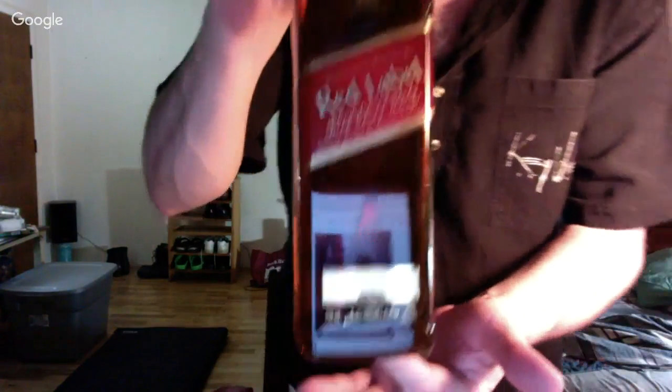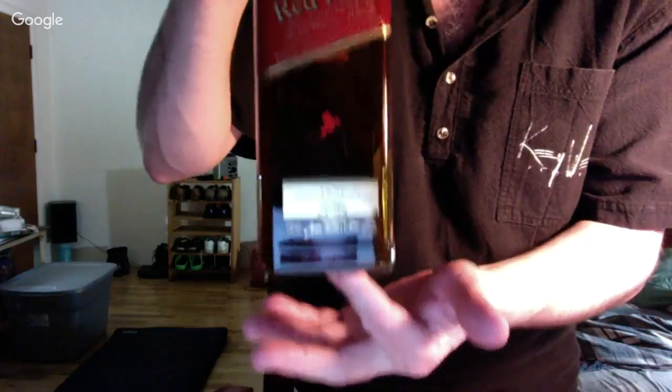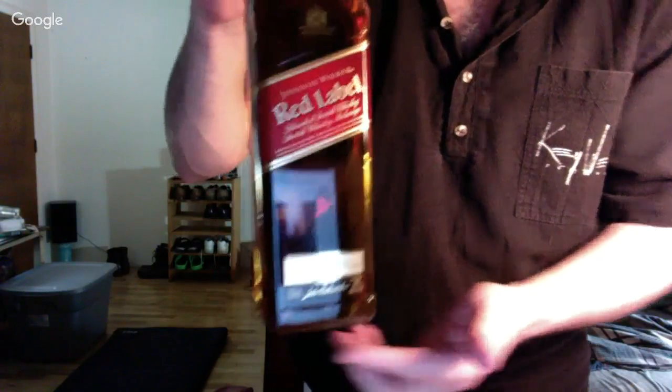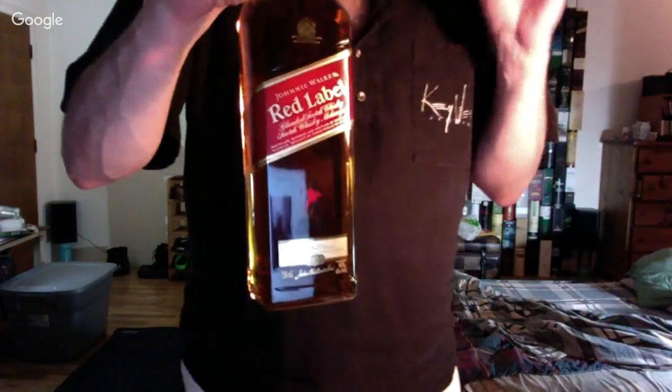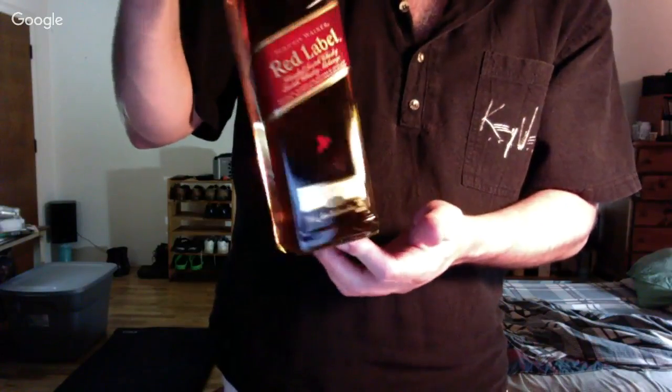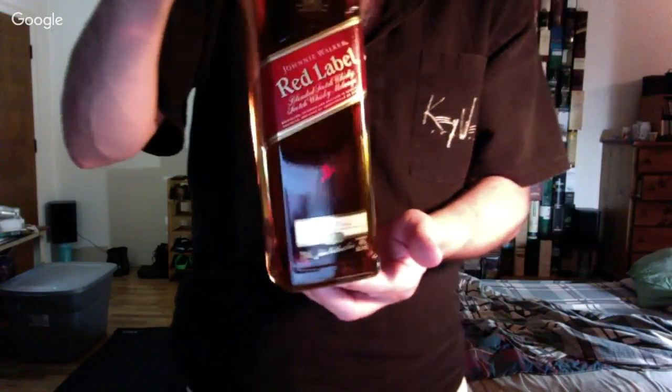I have had it before, but I have not done it on camera. The last time I had a bottle of this was just before I started making videos of whiskey. So I will be pleased to try this in the near future. It's still sealed, as you can see, but I will do it.